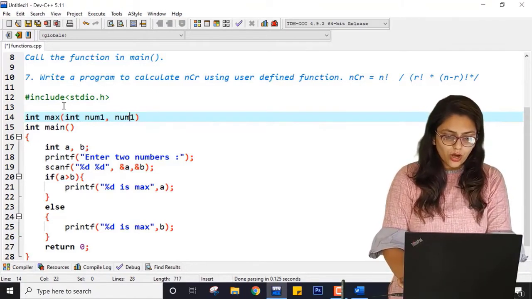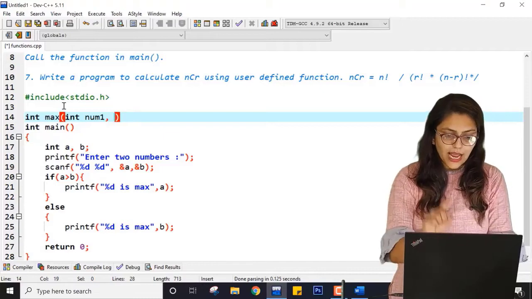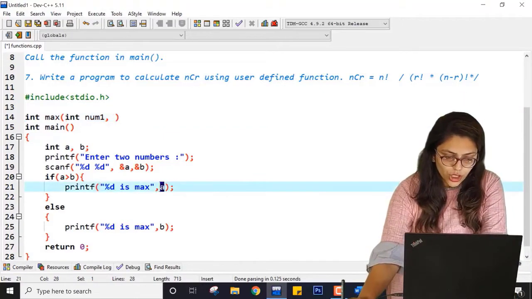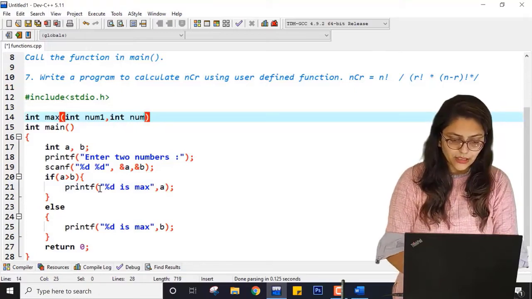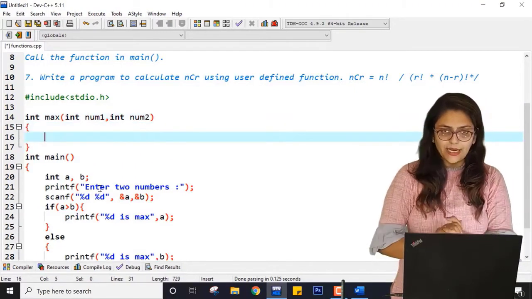Here I have taken a and b, so that's why I am taking different names. You can also take the same names, but it will be confusing.